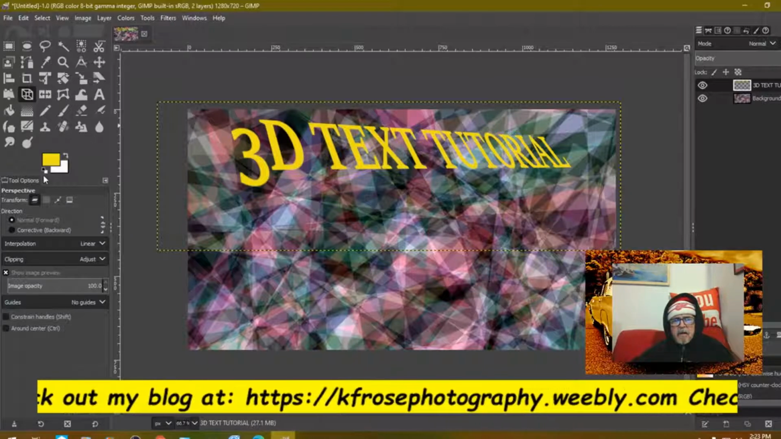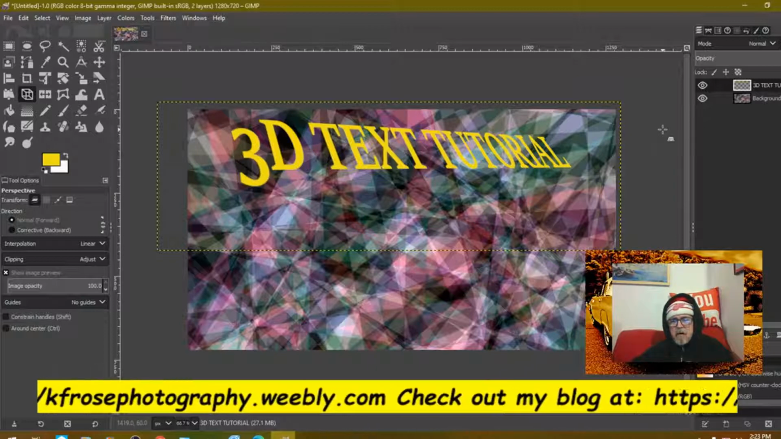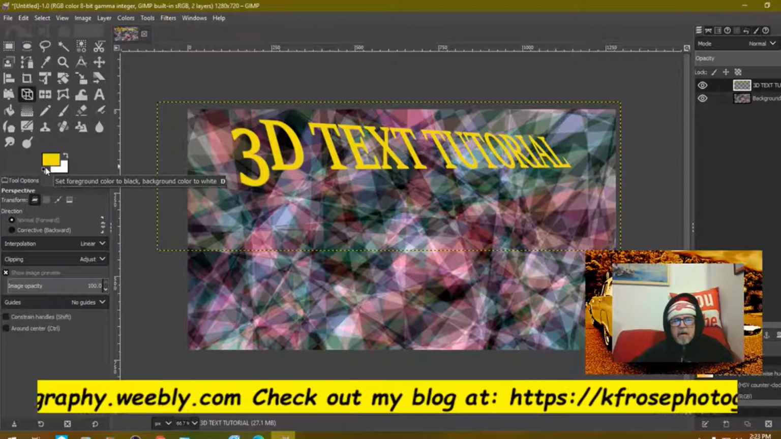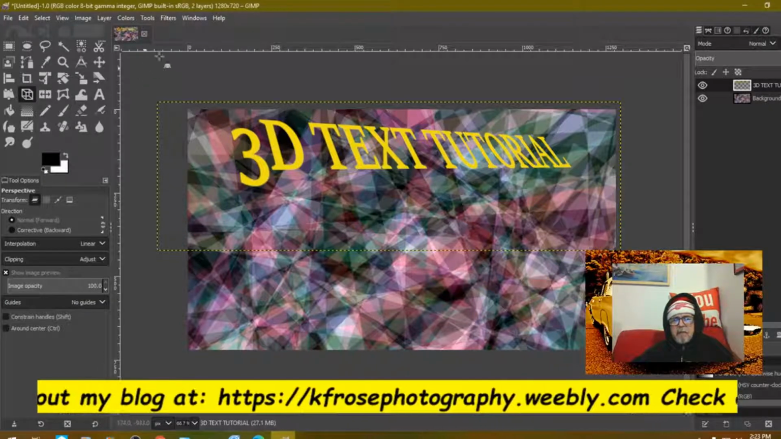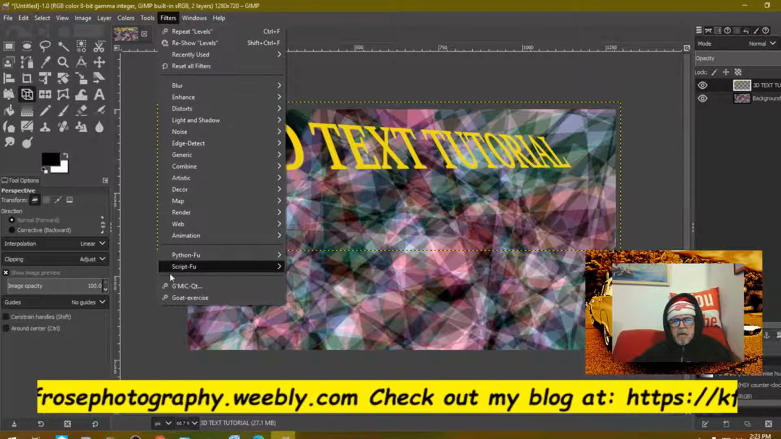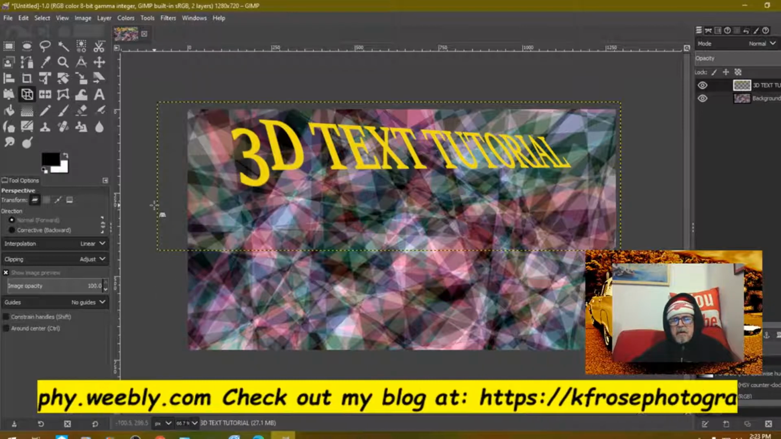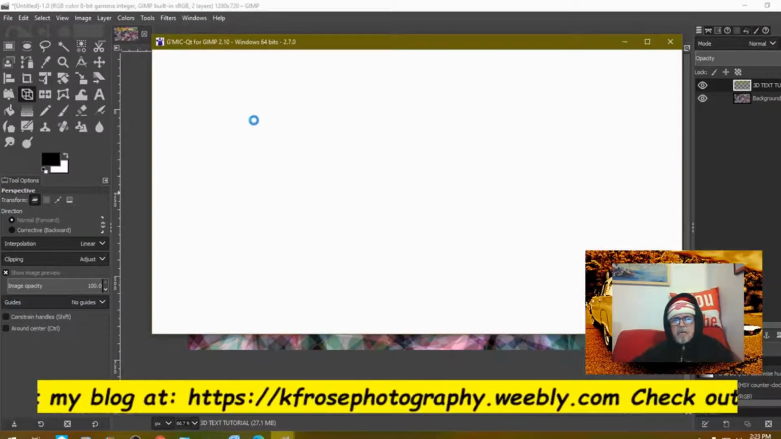Now, what I'm going to do is a 3D drop shadow on here. So I'm going to do that. Change that. Click this little box and put that back. Now we go back to the filters here and go all the way to the bottom here, or second to the bottom, and it's going to take you to